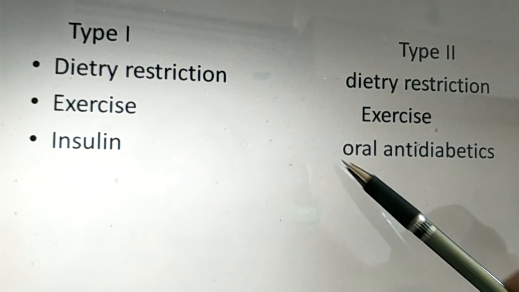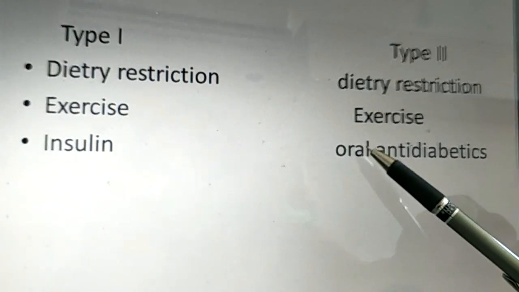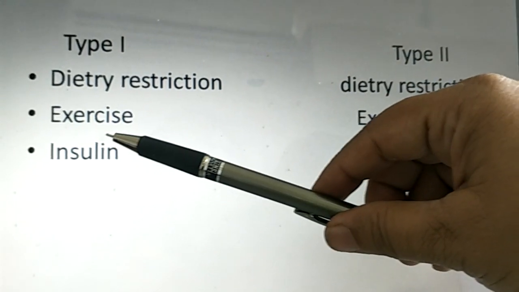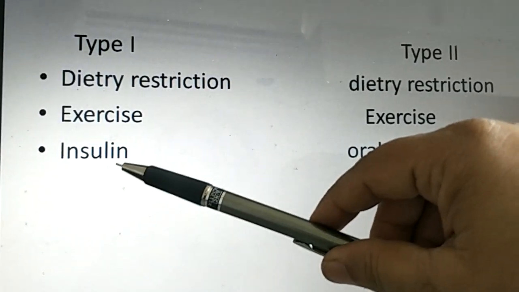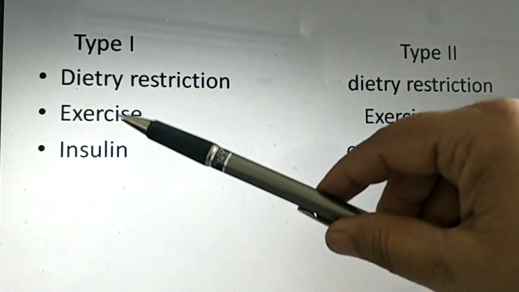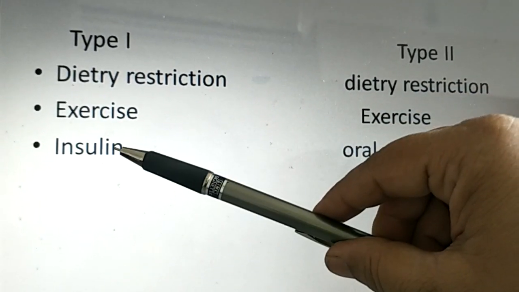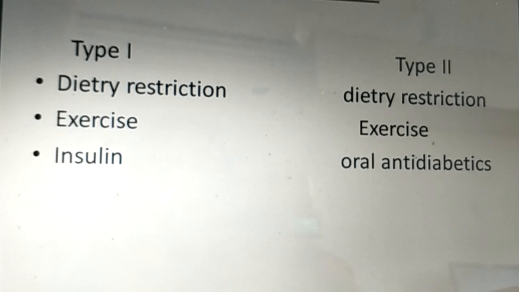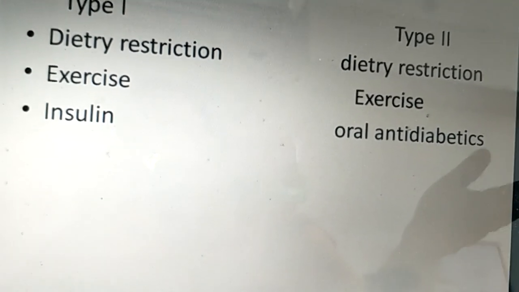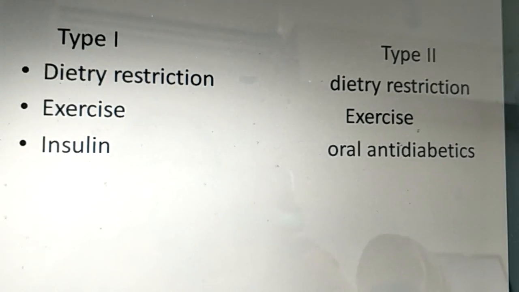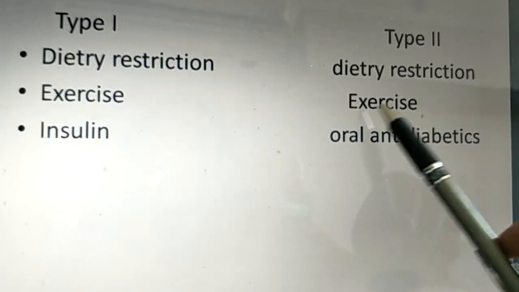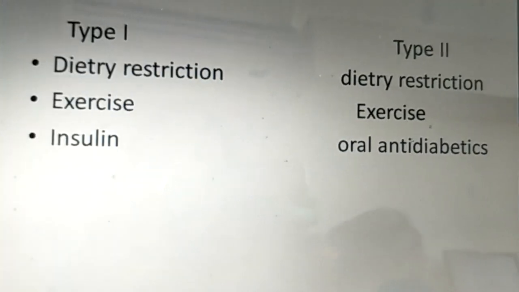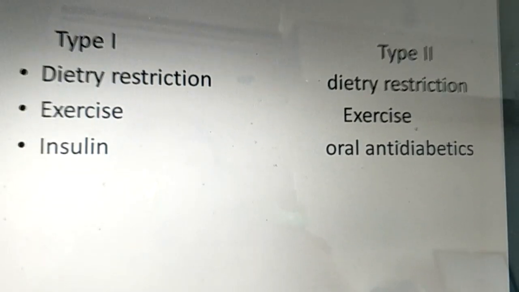Now why do we keep stressing the word oral? Because these can be given by the oral route, whereas insulin, being a protein, cannot be used orally. It is administered by parenteral routes. Nowadays there are various other delivery systems which are easier than the parenteral, that is, subcutaneous injections. That is why we always prefix anti-diabetics with oral. Otherwise insulin is also an anti-diabetic.